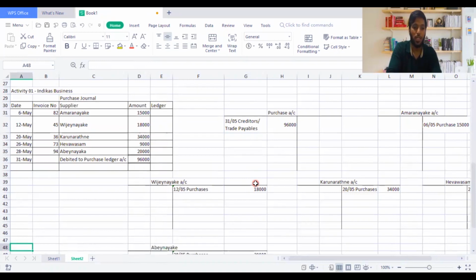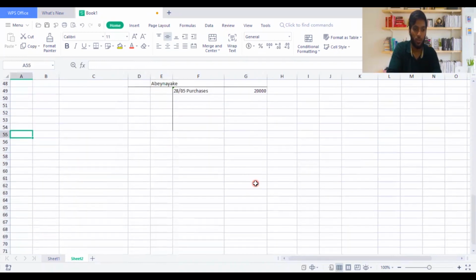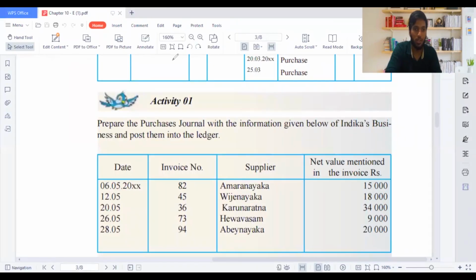So let's move on to activity 2. Okay, so we're going to do activity 2 now. Activity 1 is done. As my student asked, they want me to do the entire thing. I don't want to leave anything blank when you are learning with me. So activity 2, what do we have in activity 2? Let's start now.